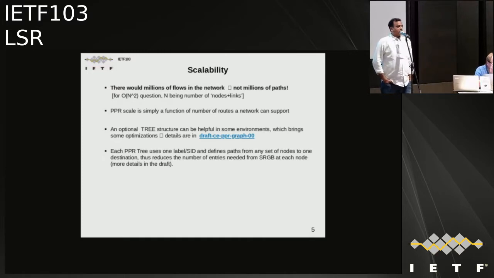So there was a question on the scalability. There will be millions of paths. You have a 1,000 node network, 1,000 links. You have 4 million paths. So theoretically, yes, there'll be millions of flows, not millions of paths. There'll be a few thousand paths, in some environments even fewer. So the scale is PPR path routes, a scaled number of routes into the IGP. So you don't have to scale. The answer is yes, there are theoretical possibilities, but you don't have to scale that much. The only thing we are looking for is how we can reduce the global SRGB usage. The SIDs are premium because global SIDs are very few. So that can be optimized. So with this, we could introduce the new draft, the graph draft. I'll talk about it in the next slide.